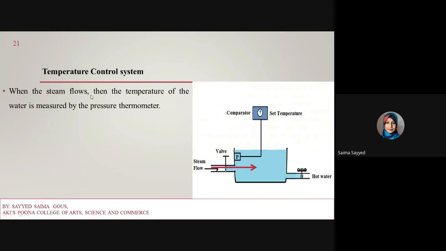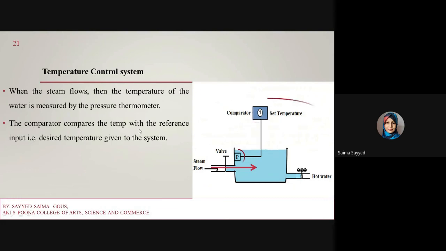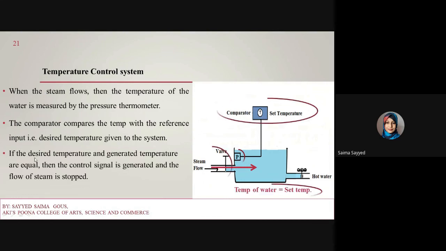Next, when steam flows, the temperature of water is measured by the pressure thermometer. Then the comparator compares it with the reference input, that is the desired temperature given to the system. We have set one desired temperature, so the comparator compares the value of the reference and the temperature measured by the thermometer. If the temperature of water is equal to the set temperature,